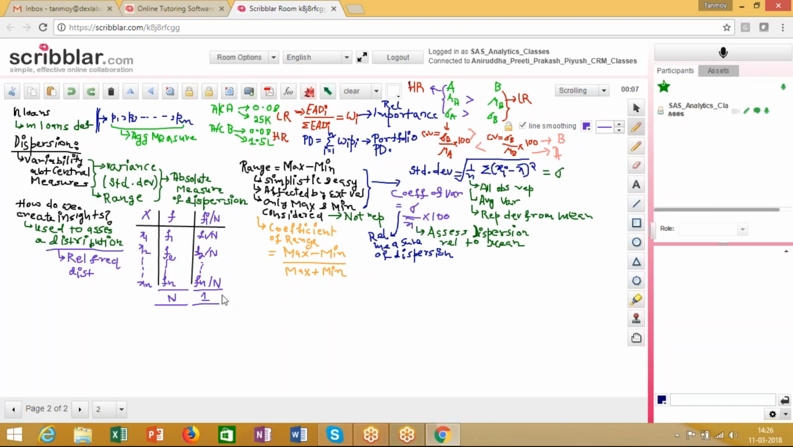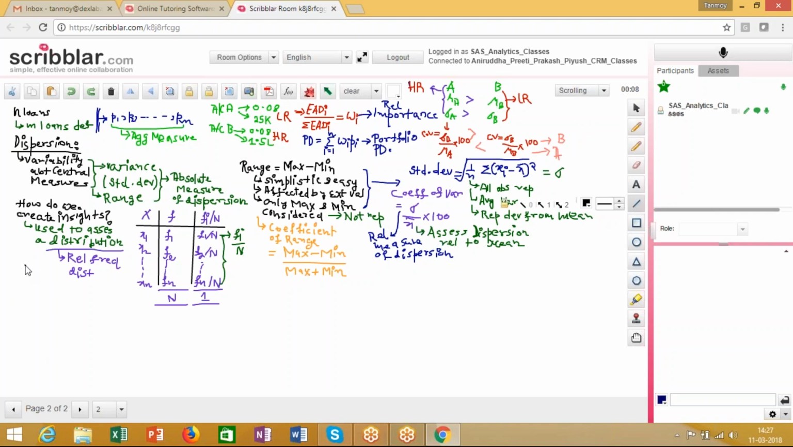So this is the relative frequency of the various outcomes. Relative frequency shows the chances of xi to occur relative to the overall occurrences, right? Now when this is done, the next thing that we need to do is